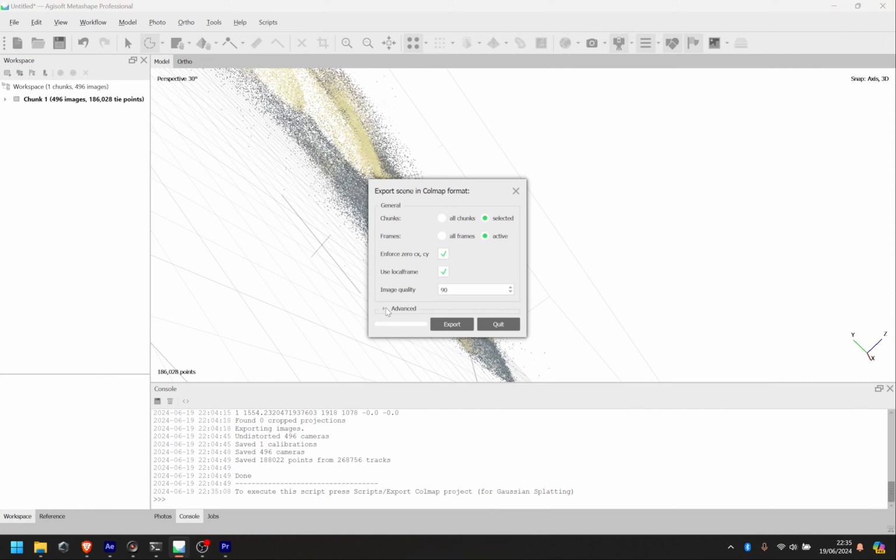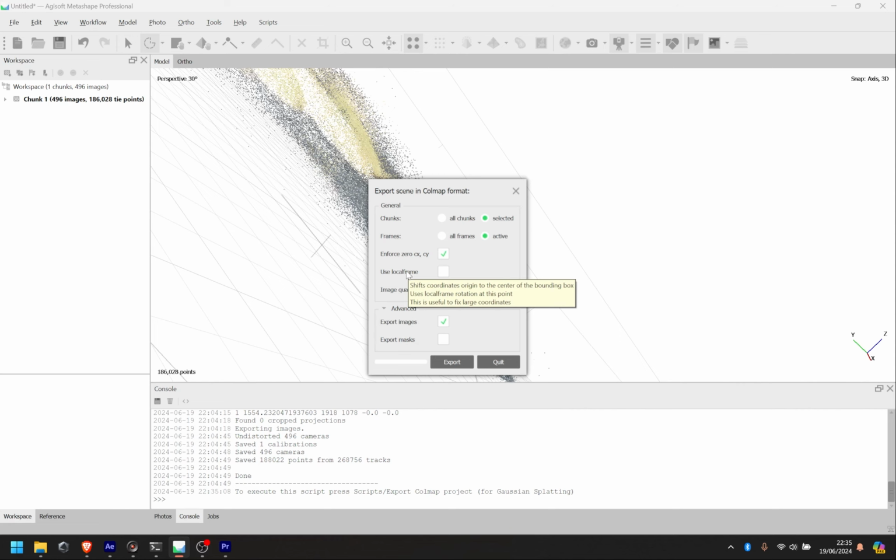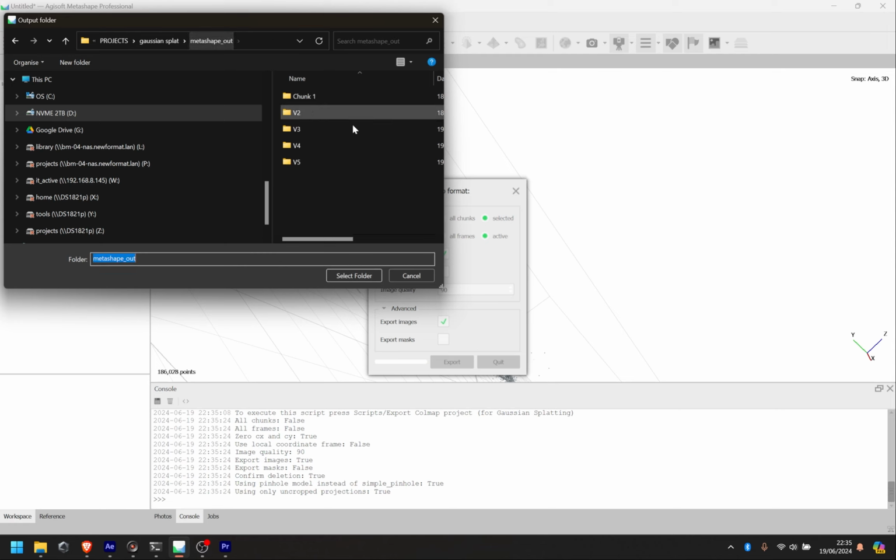and we just change it. We leave everything the same. We just turn off this use local frame. That's going to help us keep our coordinate system working. So we just hit export, and you want to save that somewhere. I've already done this, so I'm just going to move on to the next step,